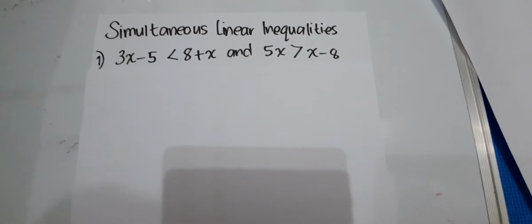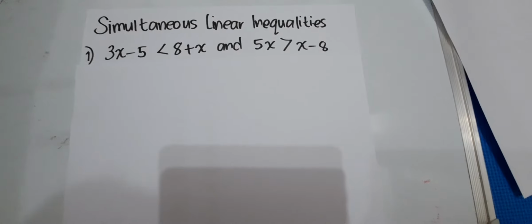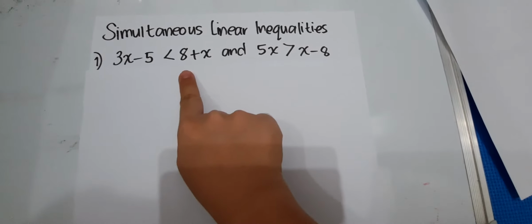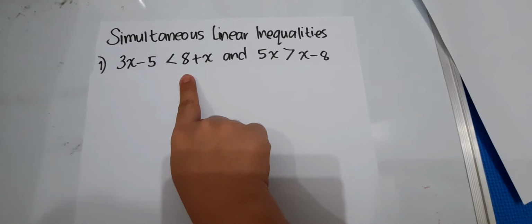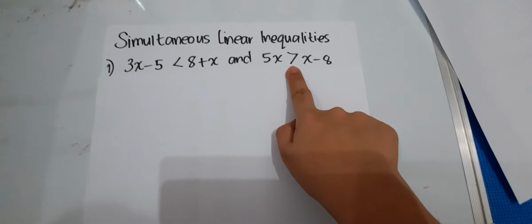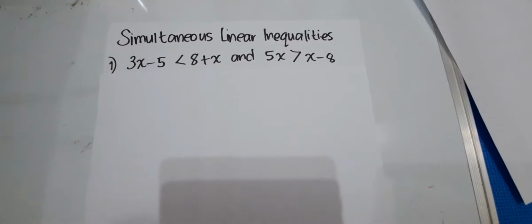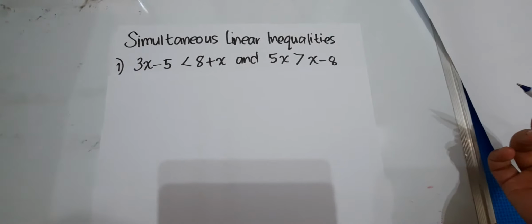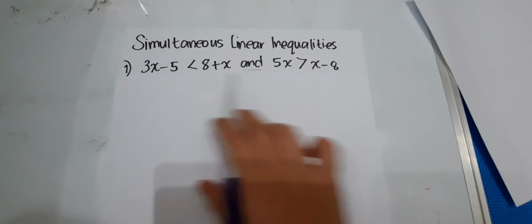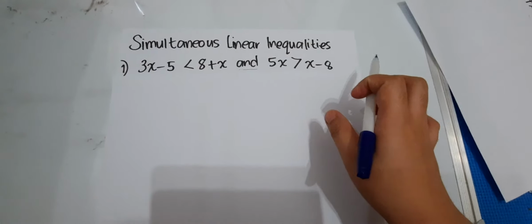Okay, so let us have simultaneous linear inequalities. In this case, you have two linear inequalities. You have this inequality, 3x minus 5 is less than 8 plus x. And you have another inequality, 5x is greater than x minus 8. If you have these two linear inequalities and you want to identify the solution, the "and" part, all you need to do is solve them individually, find the solution, and then later on, plot it